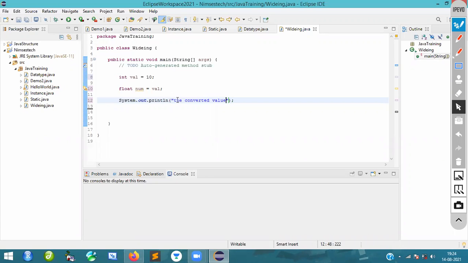It's not a big problem, I'm just mentioning it. Here you do this concatenation and print the num. Now you can see the converted value. If you want a very nice output, you can do it like this. Now I am going to run this program.